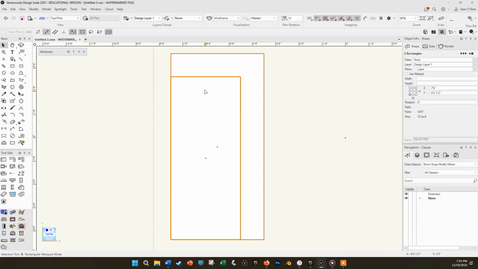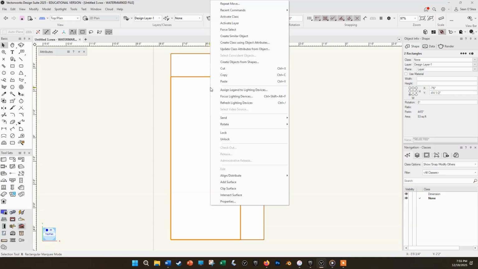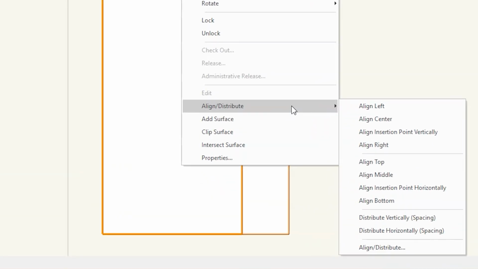So both should have the orange highlights and you can see 2 rectangles listed up in the object info. So now you know you're ready. Okay, so right click on either of the rectangles. It has to be on one of the rectangles, doesn't matter which one. Right click on it and then select Align Distribute from the pop-up, and Align Center